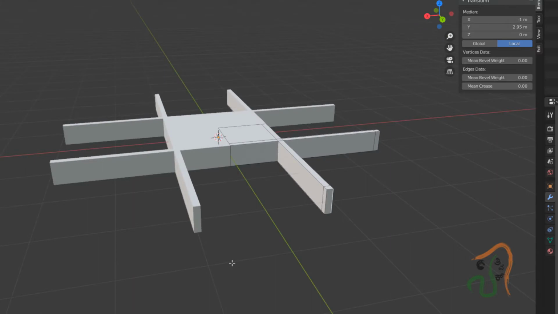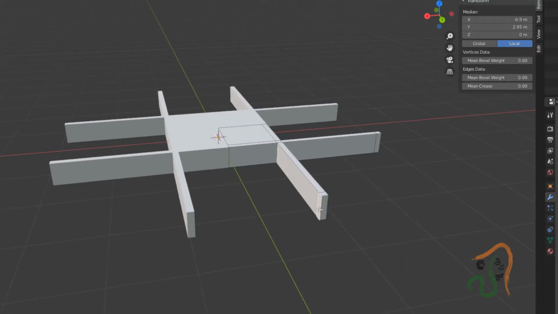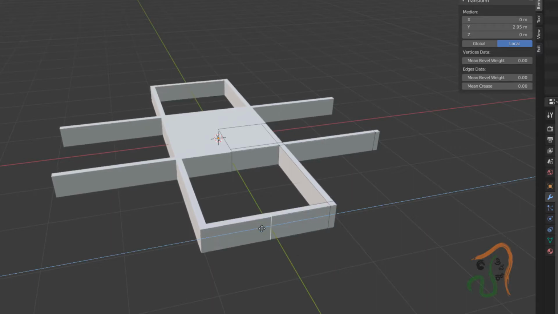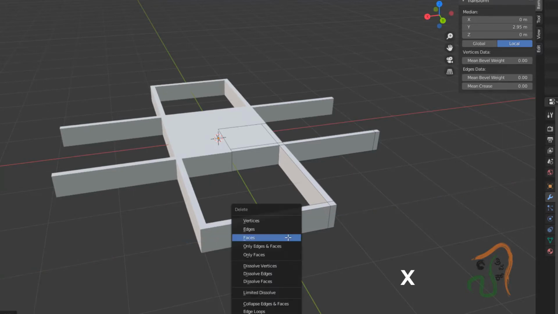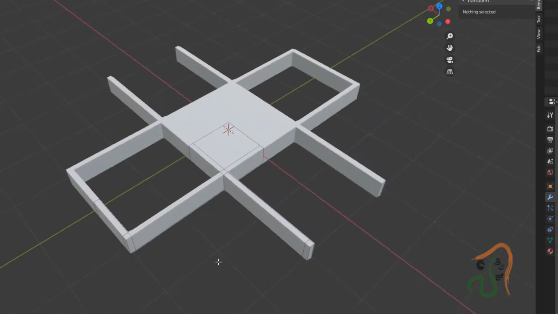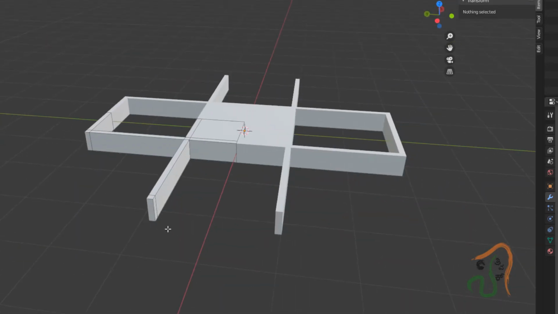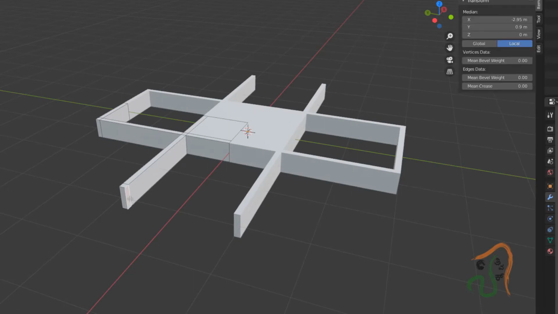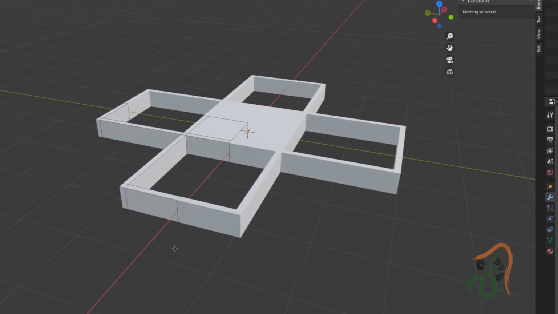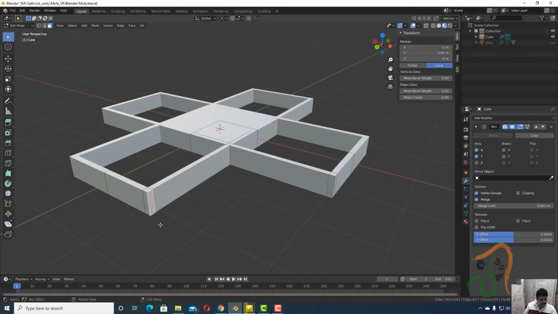Now first what we shall do is we shall take this face here, press E and let us move it. Okay, let us move it to this tab here. Okay, release it, press X and delete this face so that we don't have that extra face there. Similarly here you come and select this face, and now again press E and drag it, release it, press X and delete face.